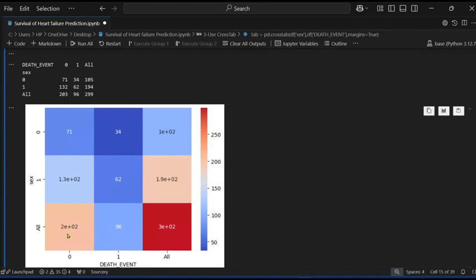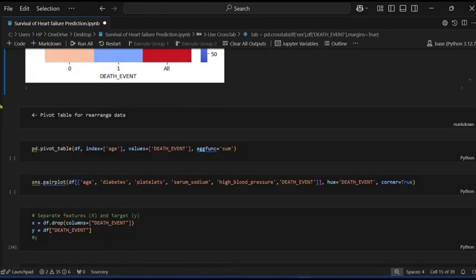It means it is multiplied by 10, and +2 represents the exponent, which means the base number is multiplied by 10 raised to the power of 2. So it means there are 200 people.